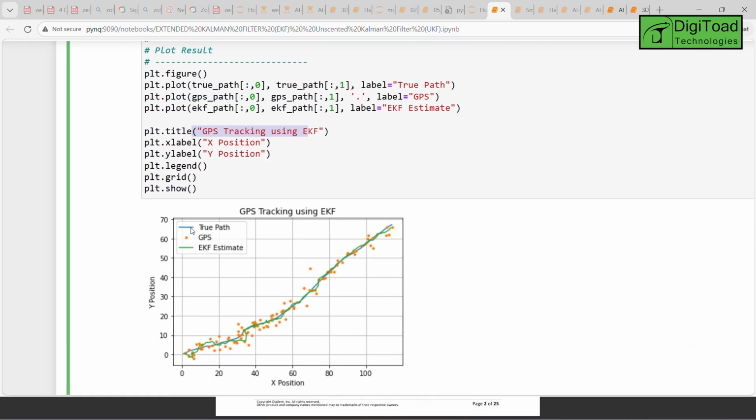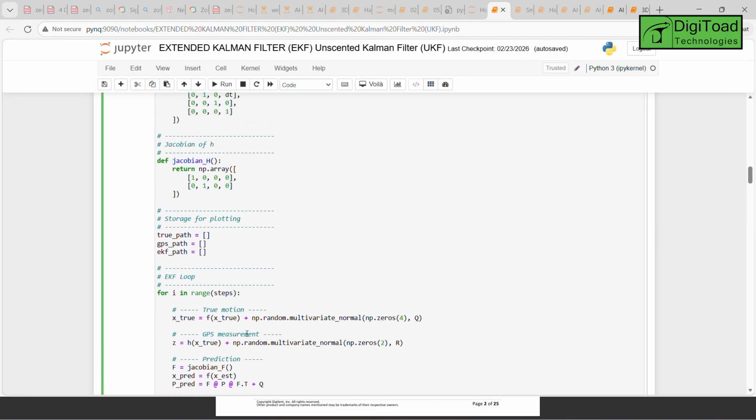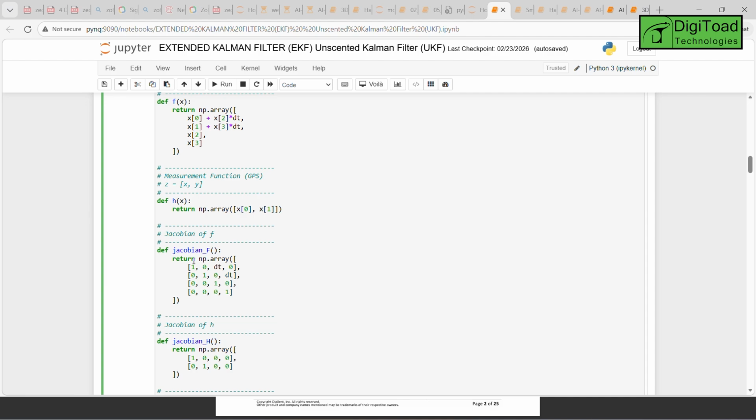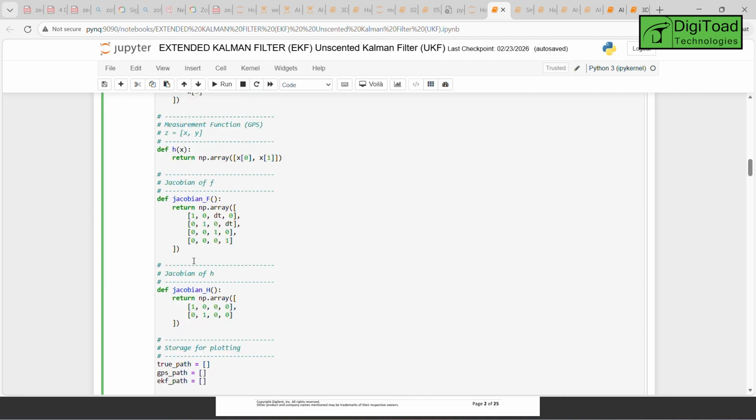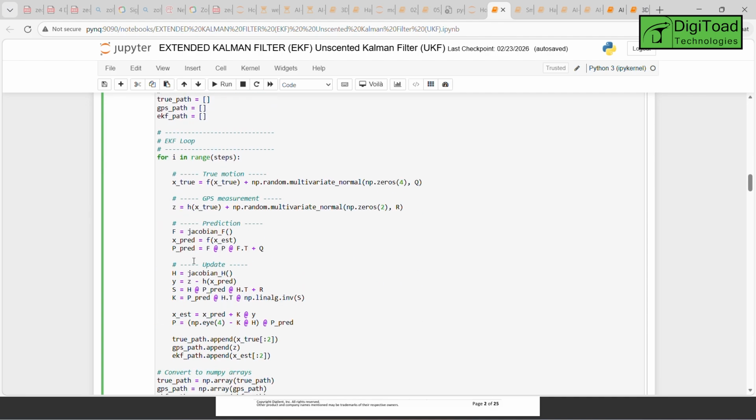Now let us see the graph. This is the true path. This is the EKF estimate. This is shown in a graph. If you are not understanding the formula, this can be an easy way to understand it. And this is the GPS prediction. So true path along with the GPS prediction and EKF estimated value. Based on that, you are going to understand how, using the Jacobian matrix, you can implement the extended Kalman filter in your